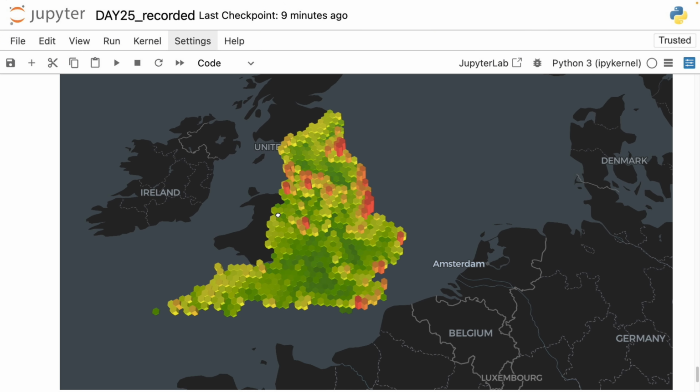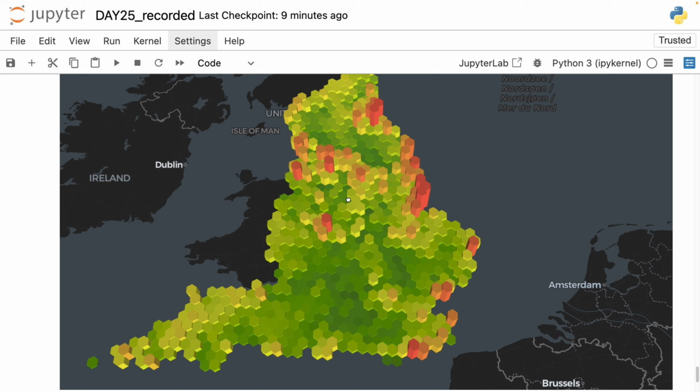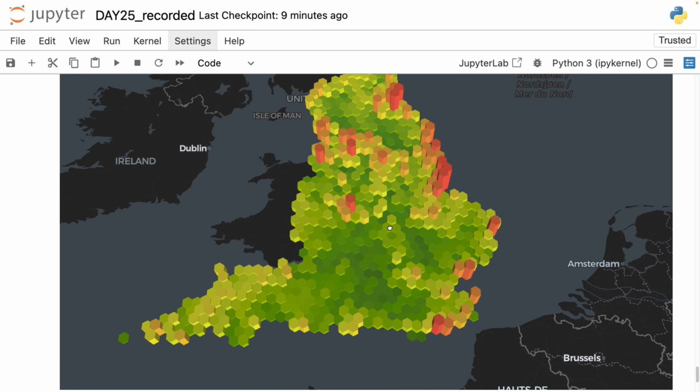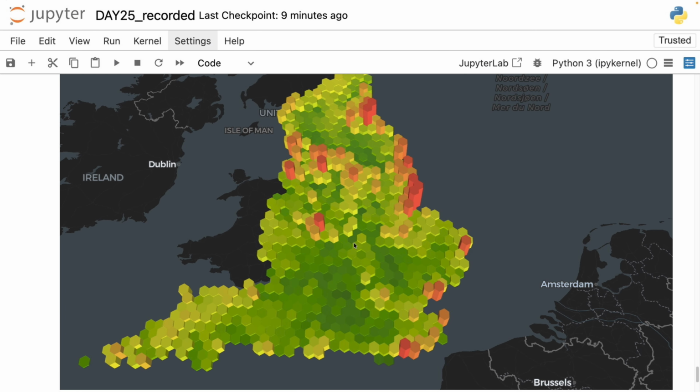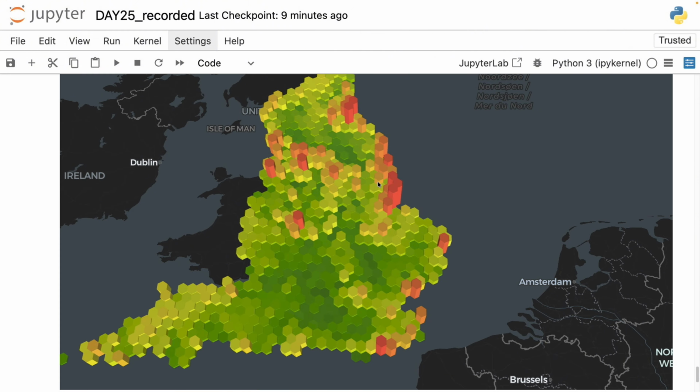And after doing this, we have a really nice, cool 3D colored and scaled map showing the overall multiple deprivation index all over England. If you change the hexagon resolution and go for smaller ones, then you will have a more detailed resolution and finer details, which I recommend to test, but then it will also increase the total number of polygons and 3D edges and geometries we have to visualize, so that might slow down your machine a little bit. But either way, this was the quick and colorful hexagon map